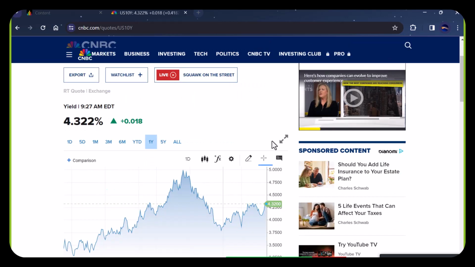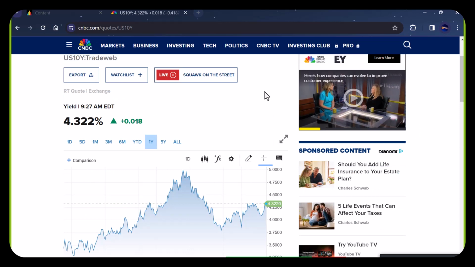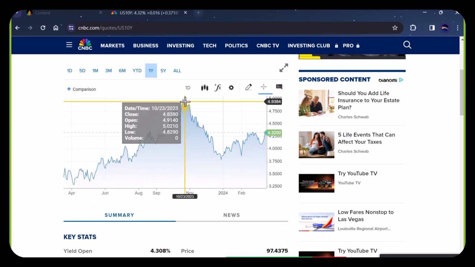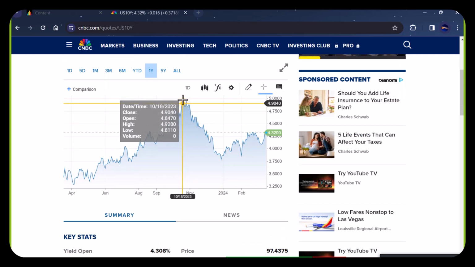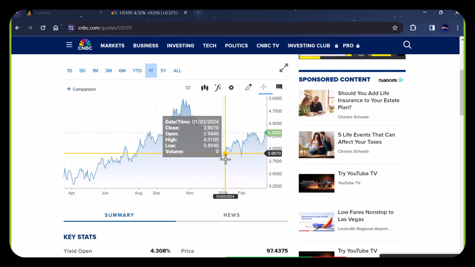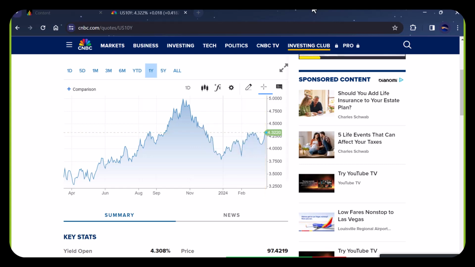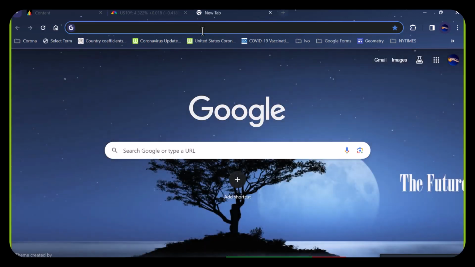But if you look at the graph of that 10-year rate over the last year, well, a year ago, it was as low as about 3.25. It went above 5% around mid-October or so. It went a little bit below 4, but now it's back at 4.30. Inflation came a little bit harder than expected the last 2 months. So the market pretty much downgraded its expectations of rate cuts this year. By the way, if you want to know that,